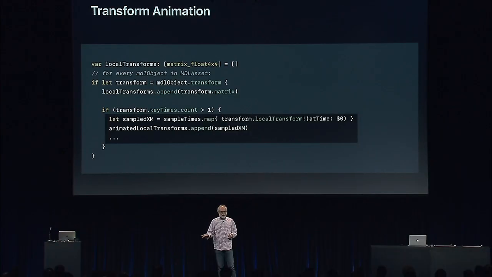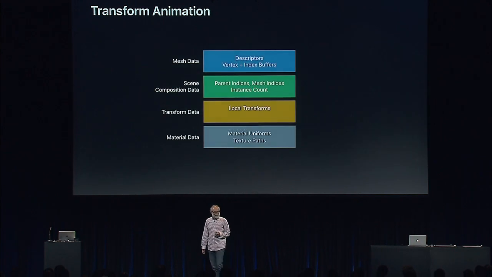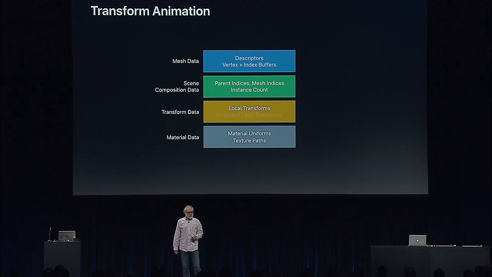And so when you do this mapping operation, the closure takes the transforms, gets the local transform from it at the times corresponding to the values in the array. I thought that was really cool. So here's the data that we've output already. And it's straightforward to just encode the animated local transforms. So finally,